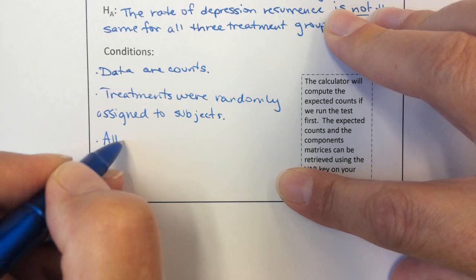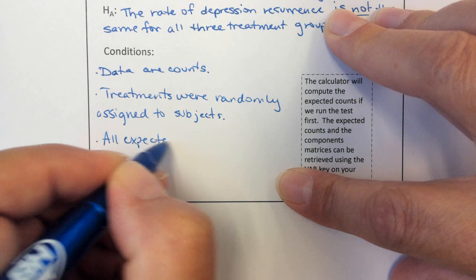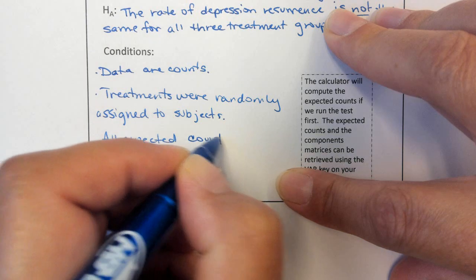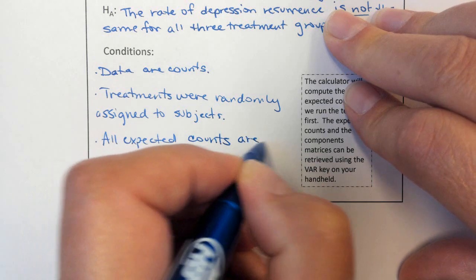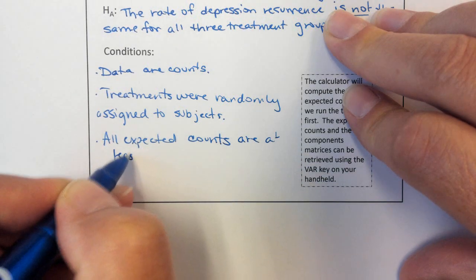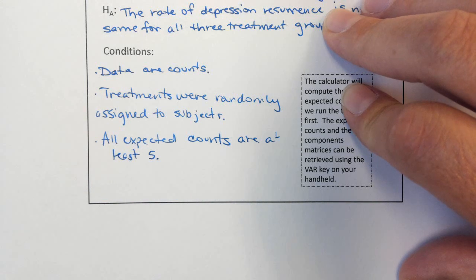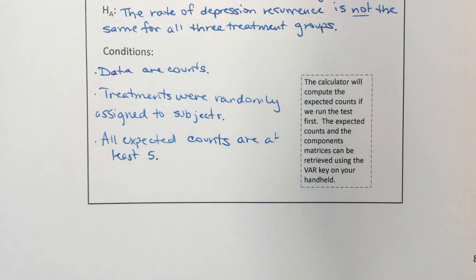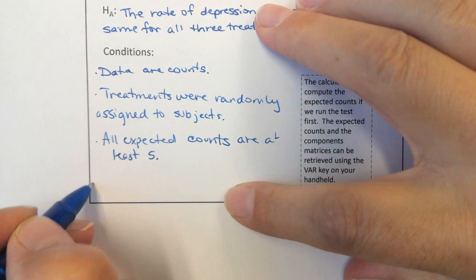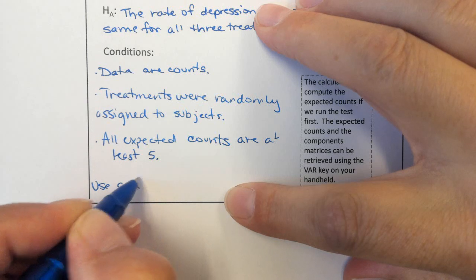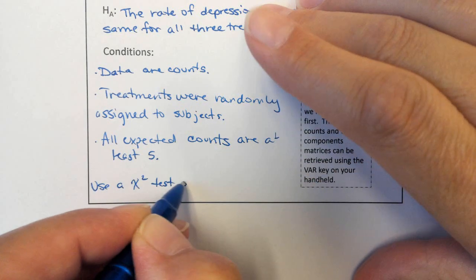And all expected counts are at least 5. Well, they are. They're all 10s and 20s. So check, check, check. And because those all 3 check, we can use a chi-square test of